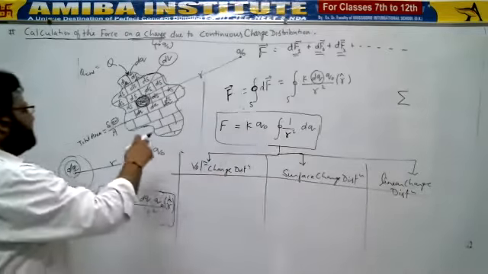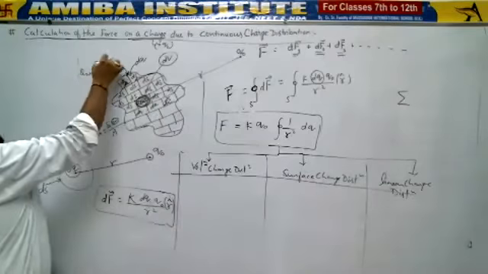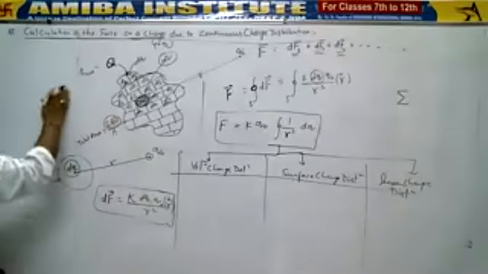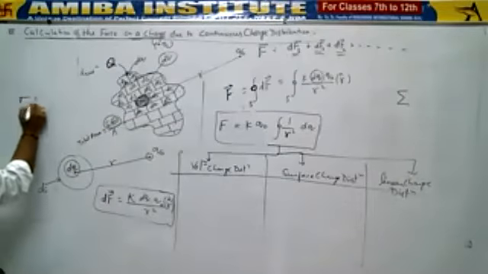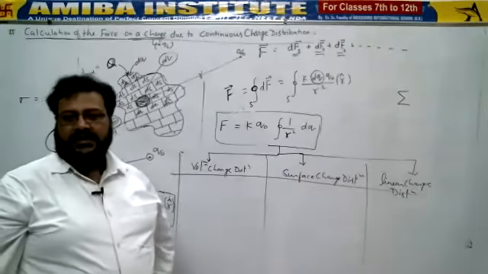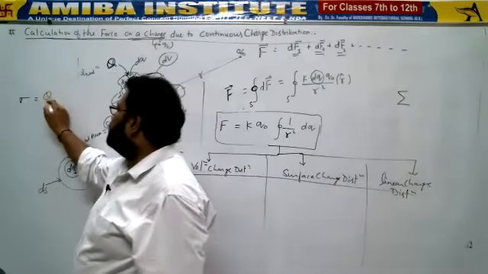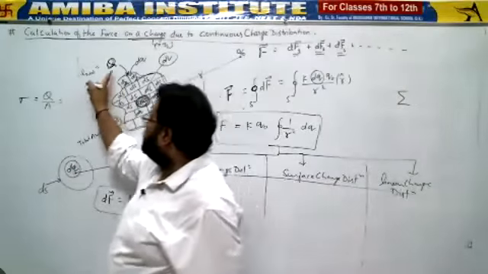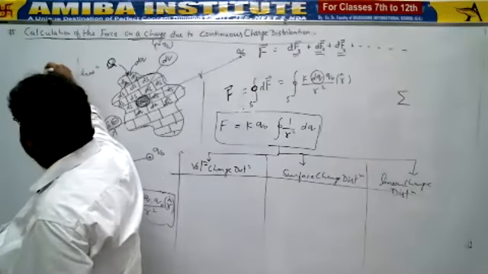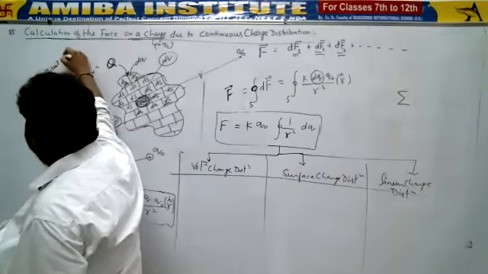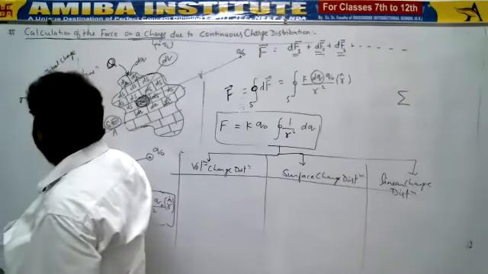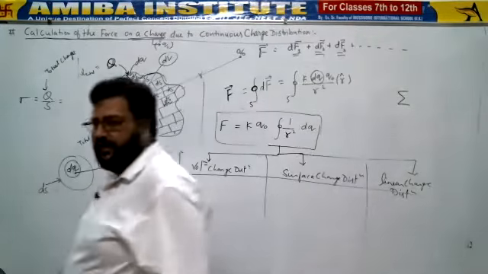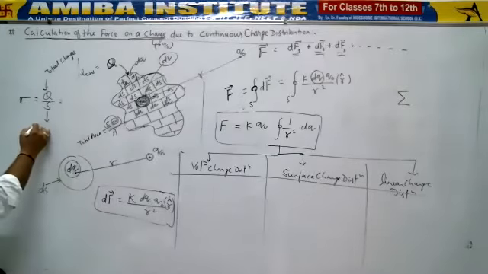Now, if we consider that the whole surface contains total charge Q and total surface area S, can you tell me what the uniform surface charge density sigma should be? Sigma is equal to capital Q by A, right? Total charge is Q and total area is A. So total charge upon total area, or you can consider S, right? I have taken ds, so based on that, S is the total area.